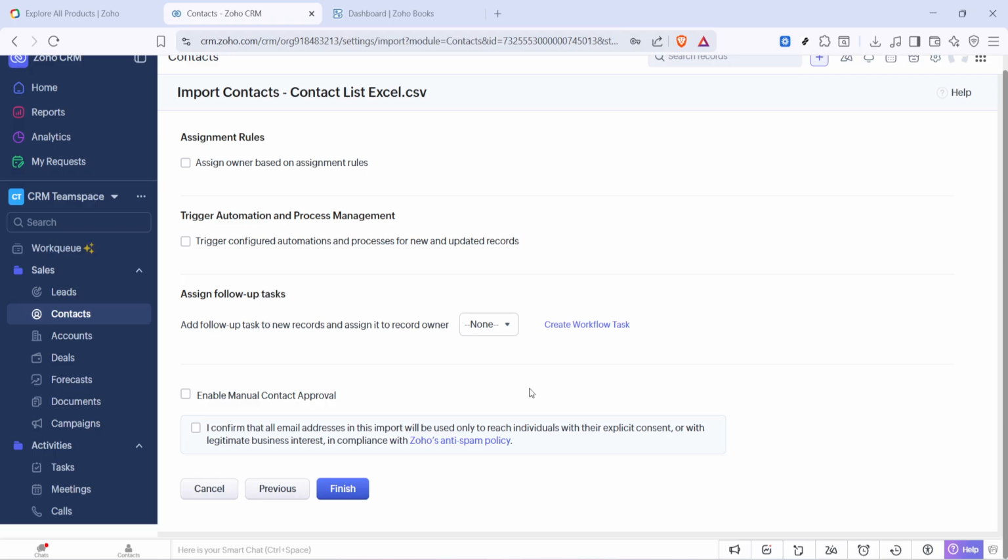Review that report to fix formatting or missing data if needed. And that's it. Your contacts are now in Zoho CRM and ready for your team to